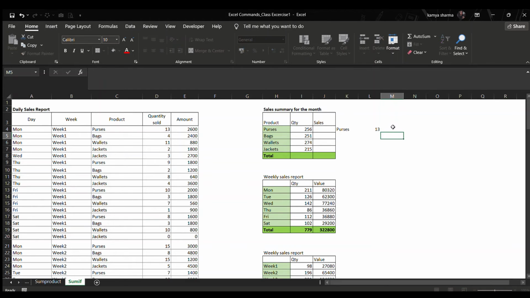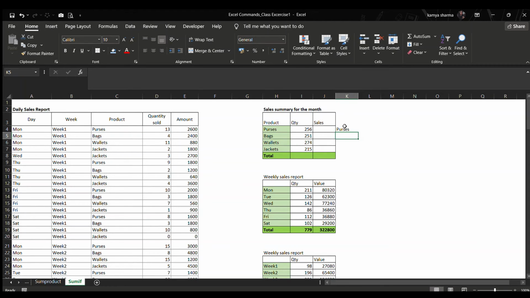If we press F4 again, it can now be seen that the dollar sign has shifted in front of C. In this case, it means that column C has been fixed but the row is not fixed.